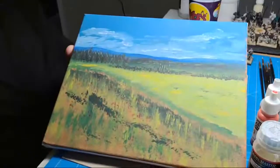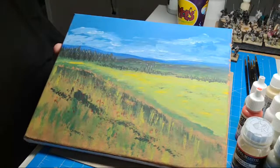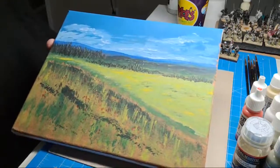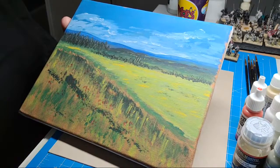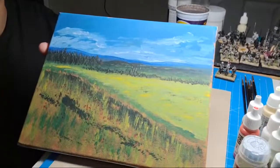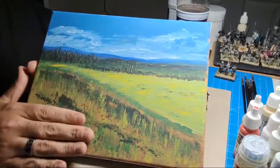And this took less than 15 minutes to do. It was insane how fast it was. Okay. Now, the only thing that's weird about it is this was the whole painting. Actually, this was the example that I watched in a video, and they used it as an example of how to paint this painting. Well, what I found out in doing this one is I didn't really need to do this bottom portion,